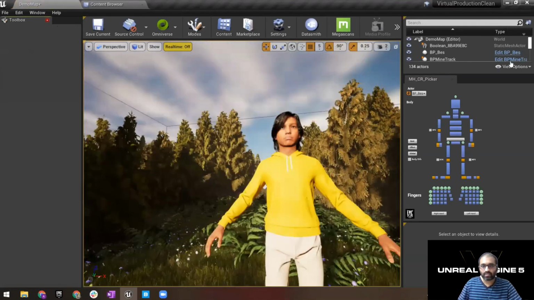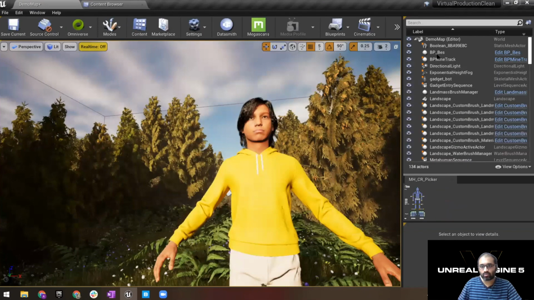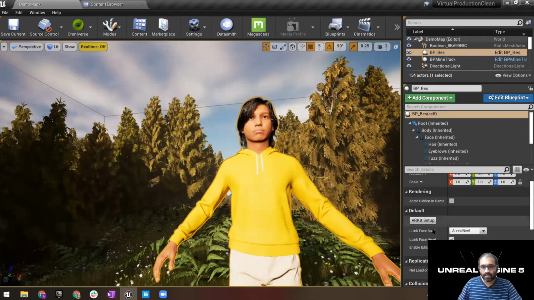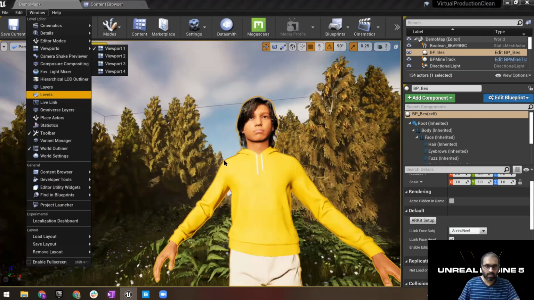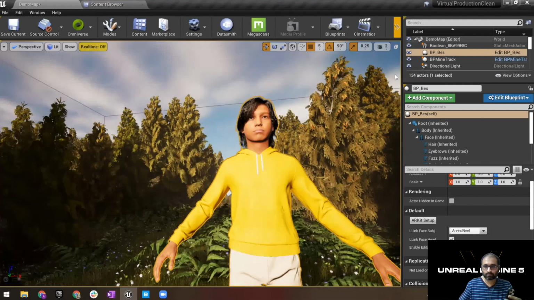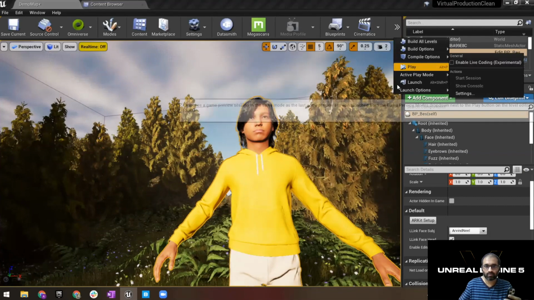So to close that, I don't need that anymore. I can also select my character, and I can use live link, which is available right out of the box. So if I import that, you automatically see this L link, which stands for live link. If I go to the window and live link, I have my iPhone here with me. If it's connected to the same IP, then it is available. So it's green right now. And I can go under simulate mode on play.